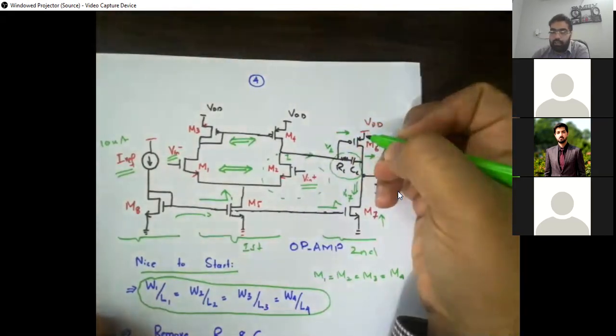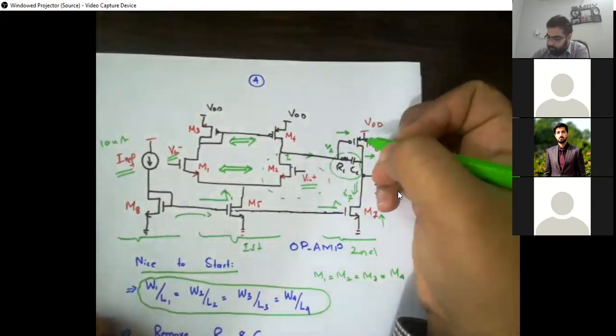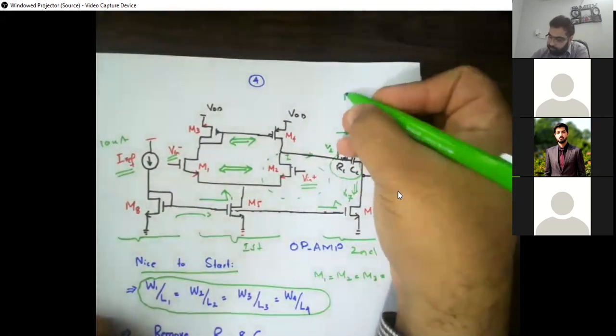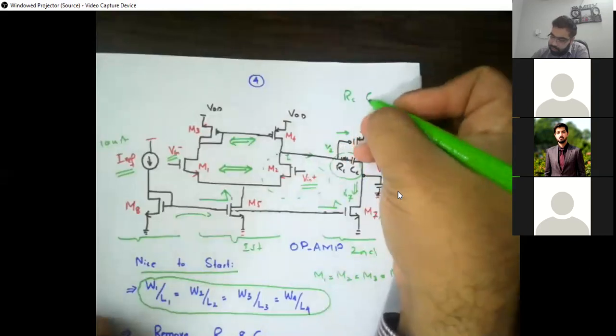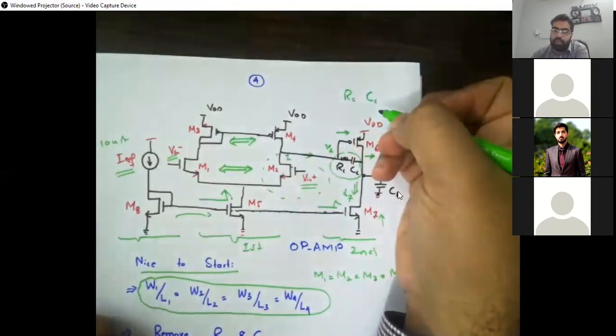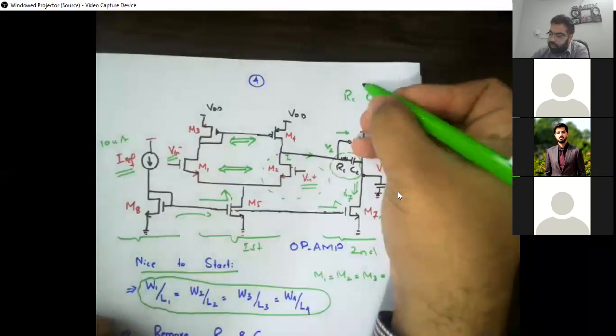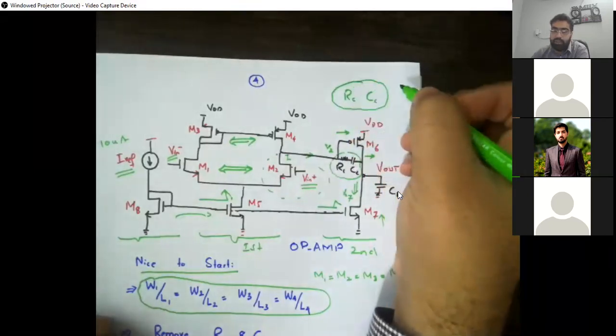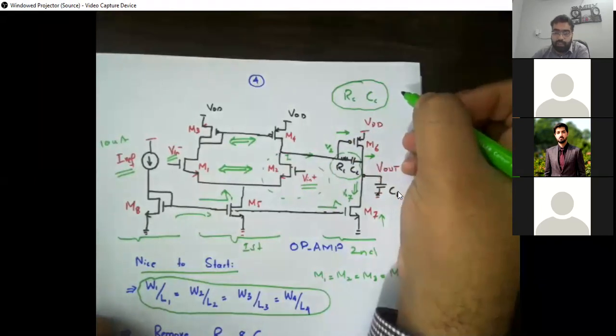Okay. Maybe. So their names, if you just recall, they are RC and CC. These are basically the same frequency compensation capacitor and resistance. So they are doing the frequency compensation part for the stability, for the phase margin improvement. हम इनको बाद में discuss करेंगे आज ही के lecture में, but in a later point.